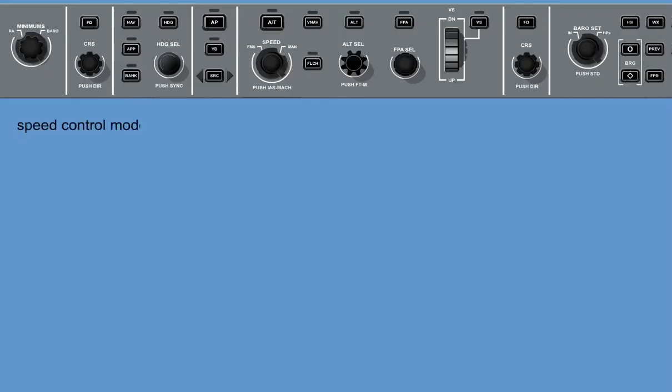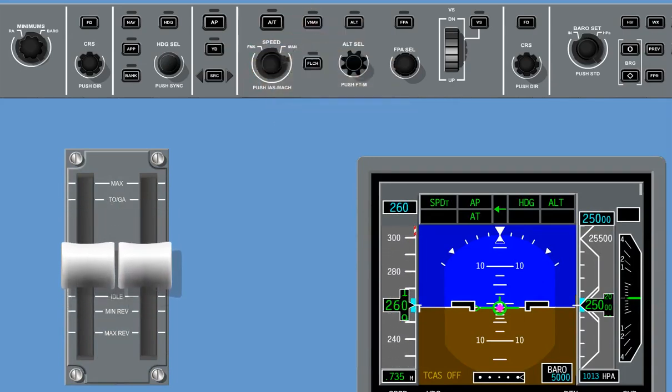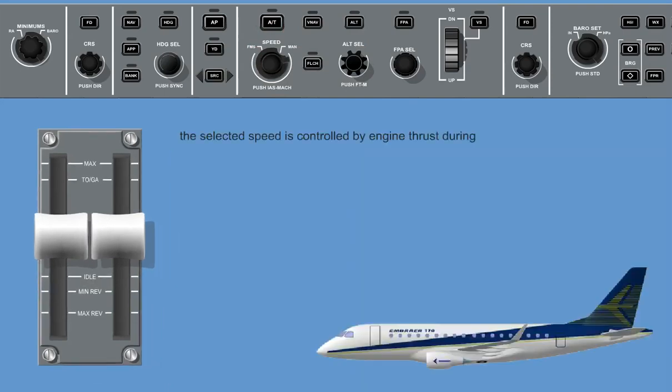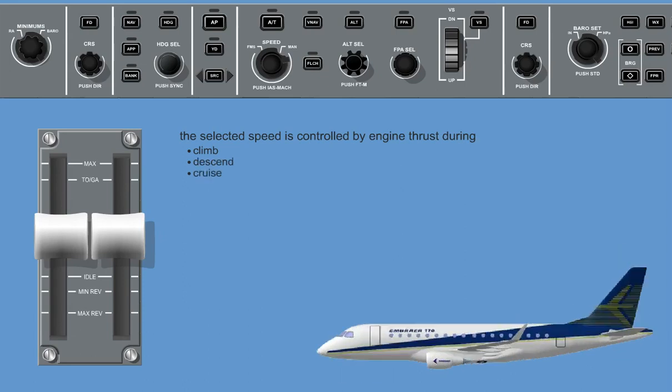Speed Control Mode, Speed on Thrust, SPDT. In this mode, the thrust levers are commanded to provide a thrust rate as programmed to maintain the desired speed. The selected speed is controlled by engine thrust during climb, descend, and cruise phases. The vertical modes related to SPDT mode are flight path angle, basic vertical mode, vertical speed, glide slope, altitude hold,